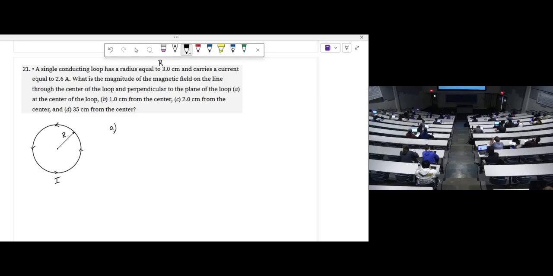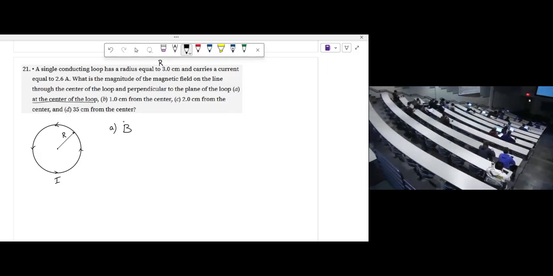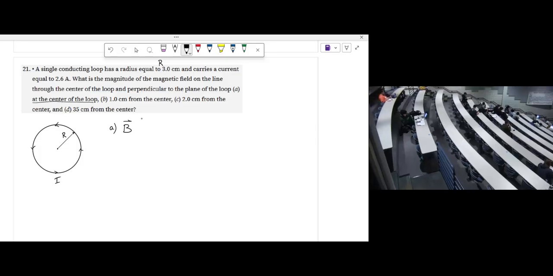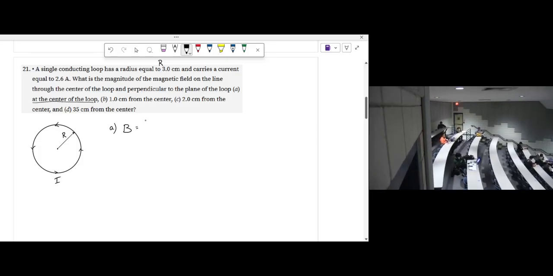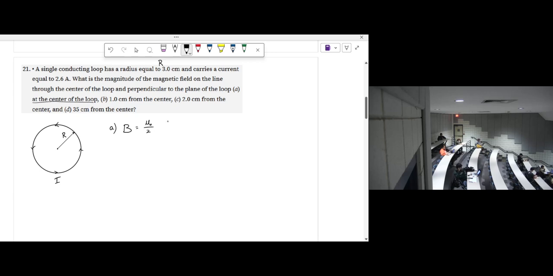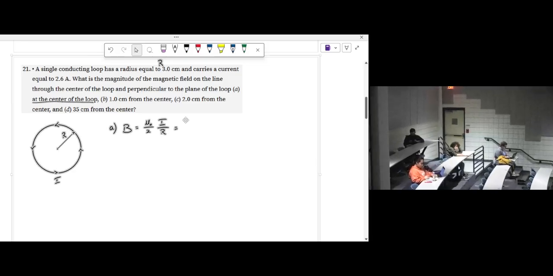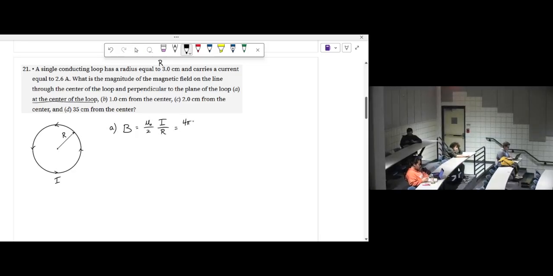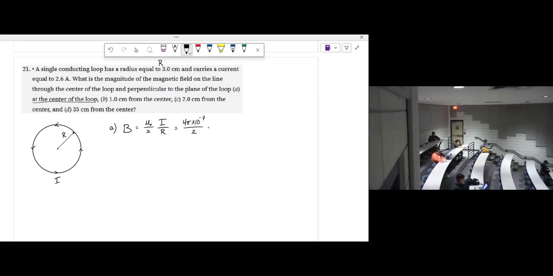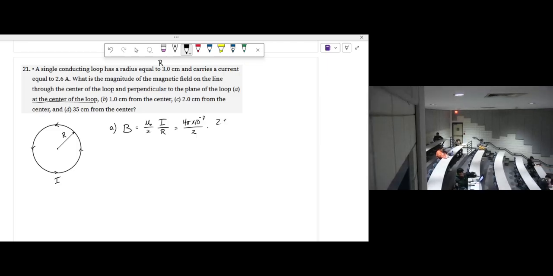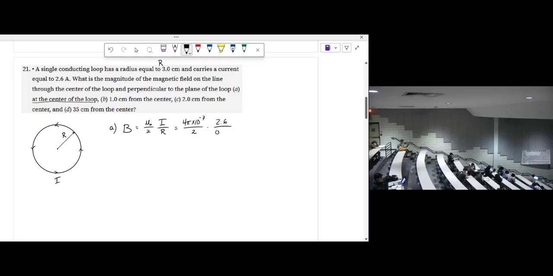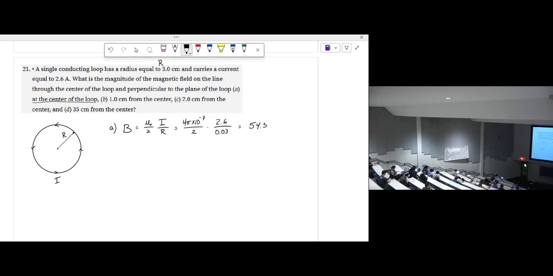And one of the things that we derived last time is when we're looking at the center of the current loop, the magnetic field at the center of the current loop is equal to, and let's just look at the magnitude right now, mu naught over 2 times I over R. So that's 4 pi times 10 to the minus 7 divided by 2 times the current I of 2.6 amps over the radius of 0.03 meters. This comes out to be 54.5